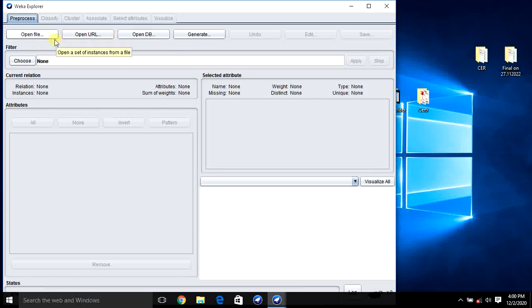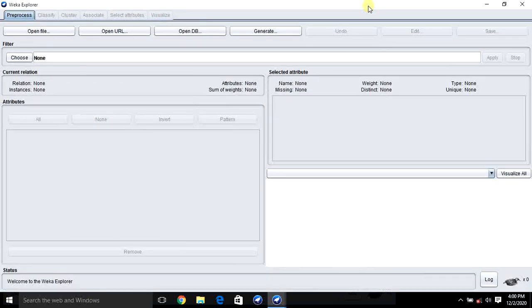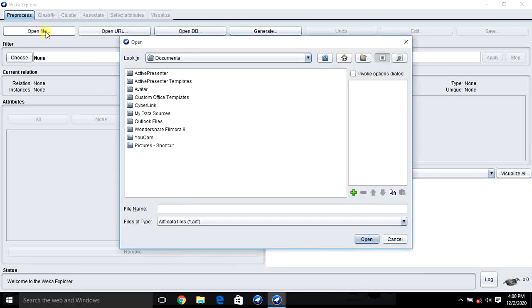So now, first, to run this Vega tool or to run the dataset, we first need to export that dataset into our application. That is called the Vega Explorer. What steps have we performed? First, click on Explorer, then click on Open File. That file saved in our Vega database is stored in the C drive. First, to export that dataset, click on Open File.